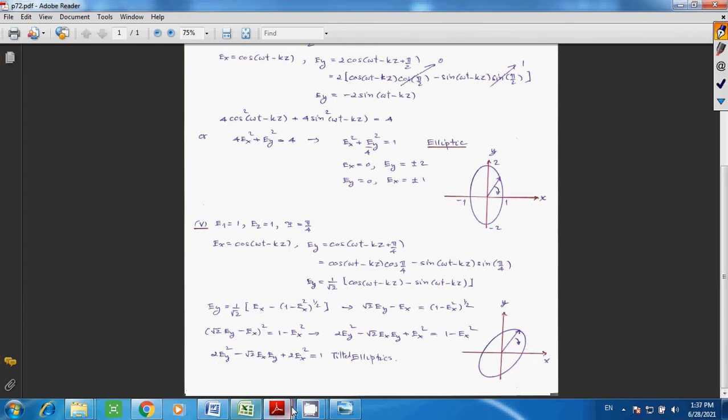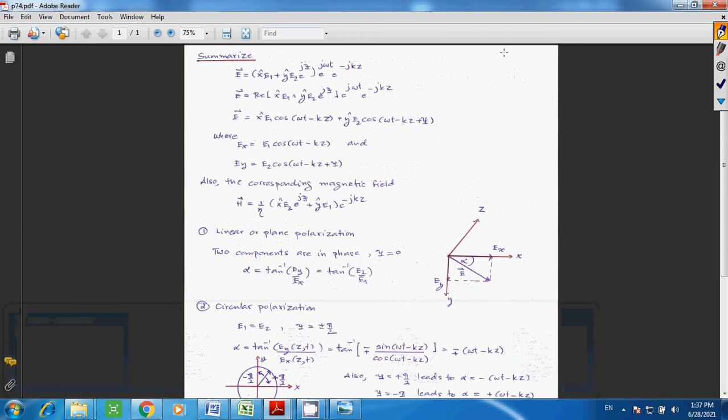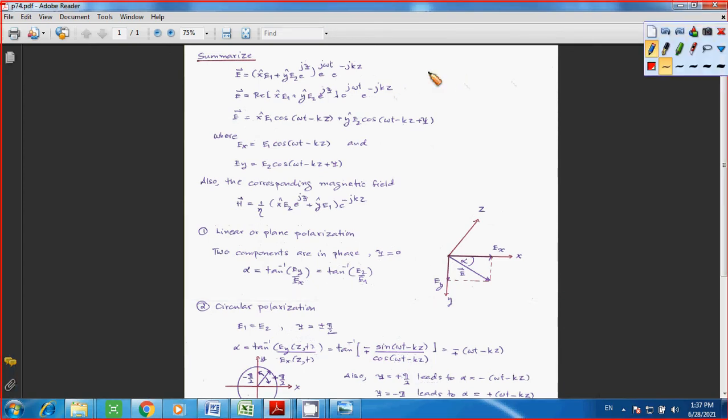I also do the summary. I summarize here. We start with the electric field equation. And then you have EX and you have EY, and also the corresponding magnetic field. Let's consider linear polarization with the condition